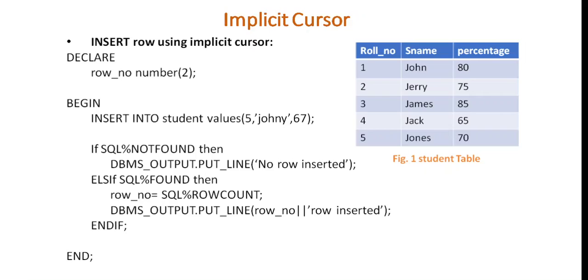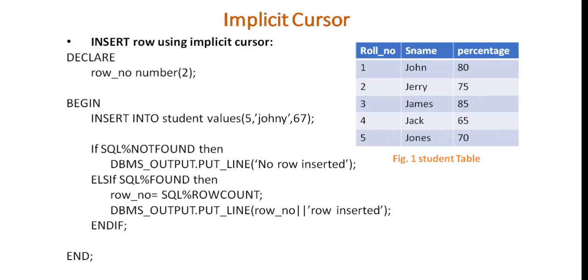Now in this case, the number of rows inserted by the cursor is only 1, which is specified in the begin section, that is insert into student values 5. Then it will insert data for roll number 5. So this is how we can use a PL SQL block to interact with the database system. Here again I am repeating that when the insert into statement gets executed,